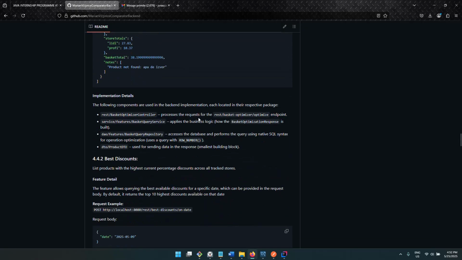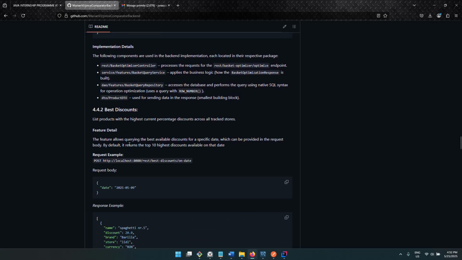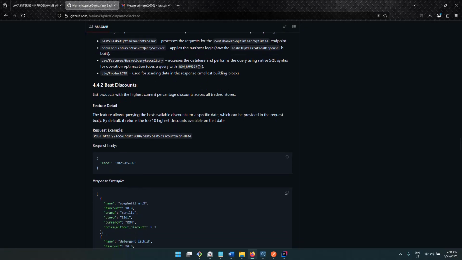Let's continue. For each feature, implementation details are provided. This means that the controller class, service, and the repository that are used for implementing it are displayed, and the product DAO, or the DTO, sorry, the DTO class that is used for deserializing the information from the request or sending it back. The second feature is the base discount, also a post